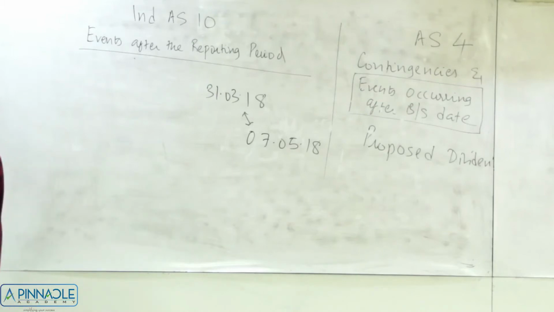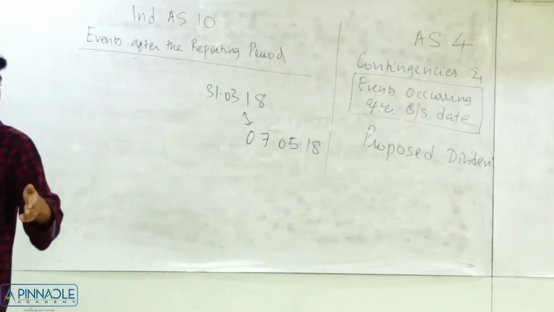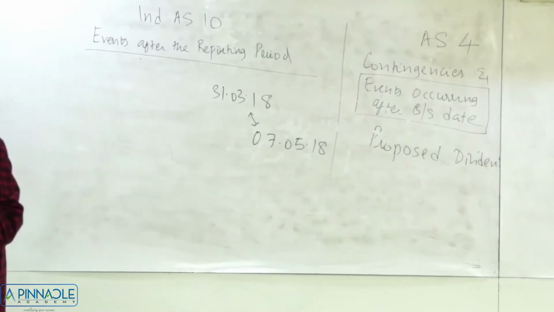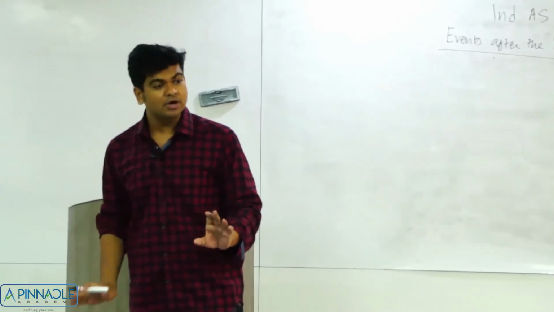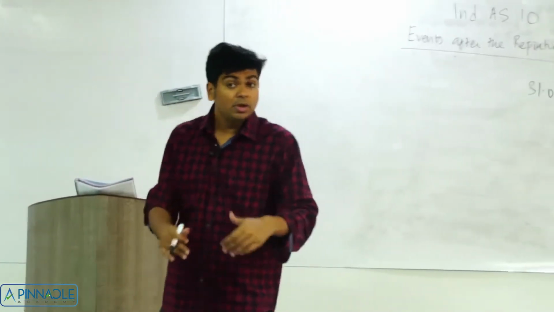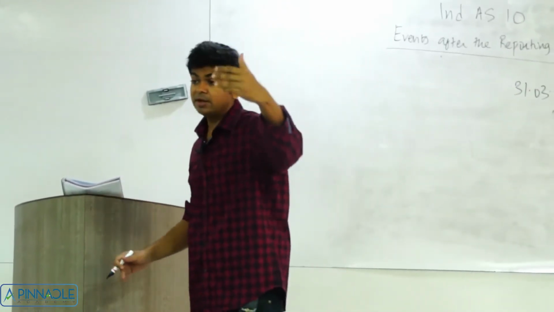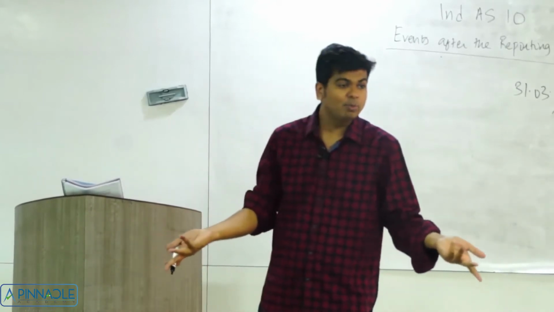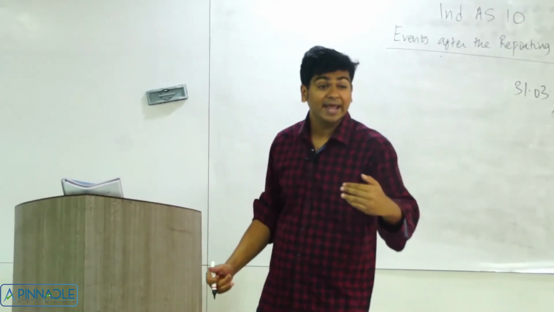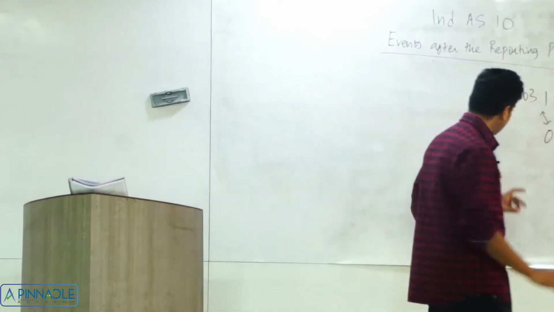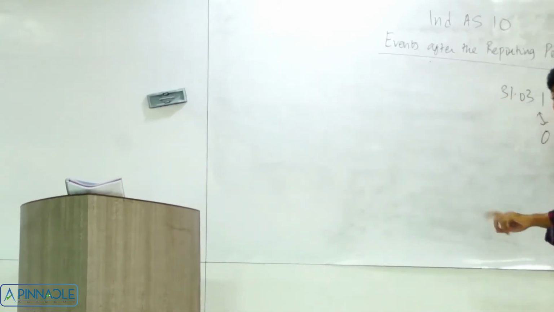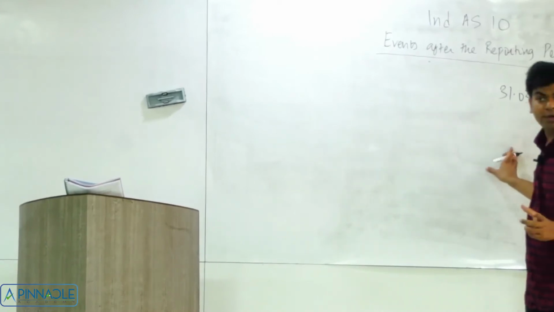Clear with it? So when you say event after the reporting period, it doesn't mean for years and years, because every event which is happening right now is always happening after some or the other reporting period. So you can always argue that something that happened right now is after 31st March 17, if I pick up that date. So there has to be an end, that till what time can we consider it. So this is the time lag that you have. How shall we give effect of this event?